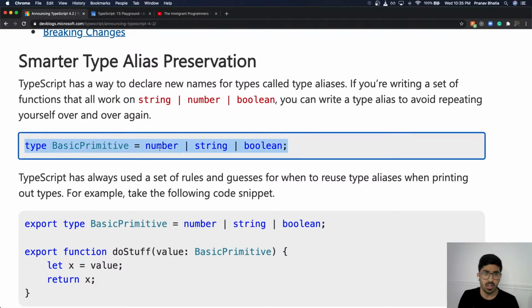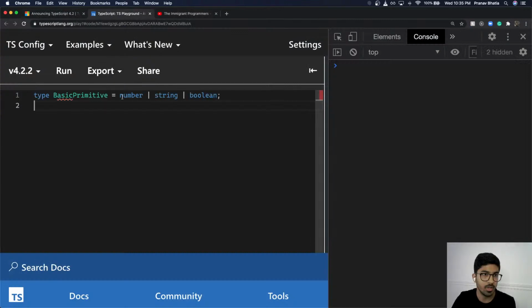Let's say we want to create our own type. Let's say it's a basic primitive type. I'll name it